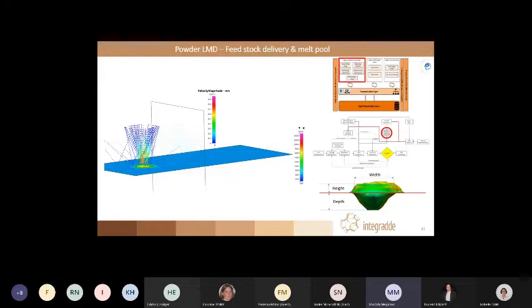Finally, the depth is very important because if the depth is not sufficient, you will have delamination. You will not be able to build a process. You will have only thin layers which do not connect together. So with this information, I can move to the next step on the next slide, where